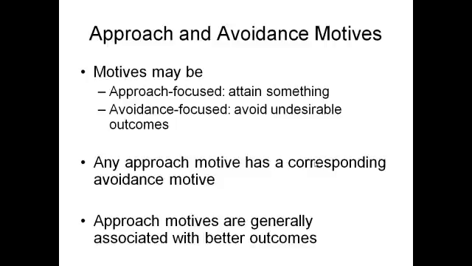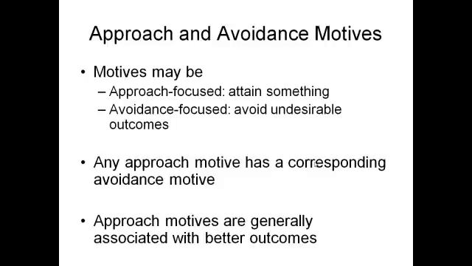I mentioned also earlier that with motives we sometimes want to approach the thing that we desire, and on the other hand we want to avoid things that are unpleasant. So the approach-focused motive is to obtain something. Avoidance-focused is to avoid undesirable outcomes. Now what's interesting is that there seems to be some biological evidence to this. There are biological factors which essentially